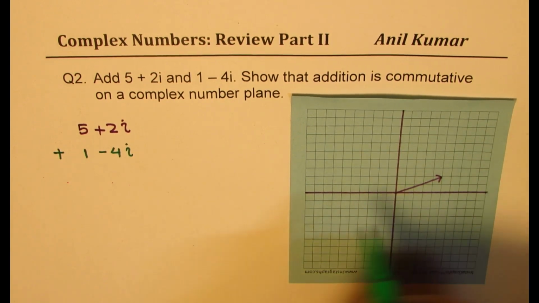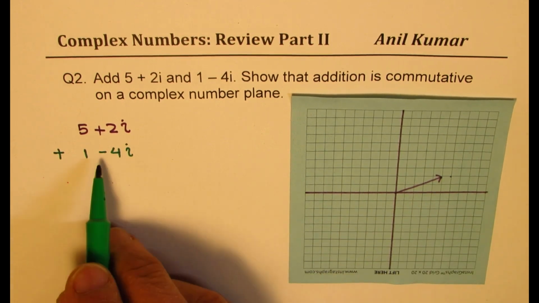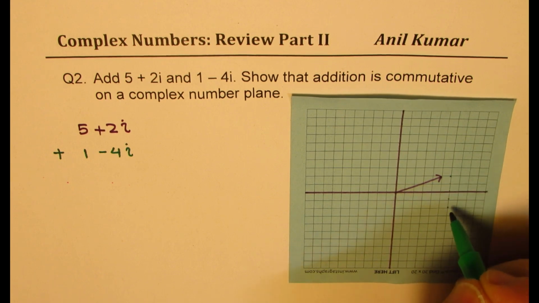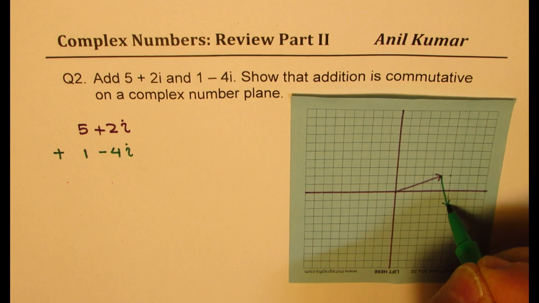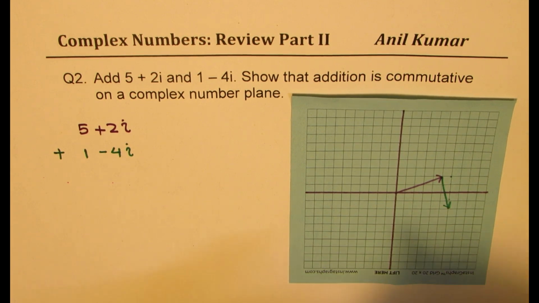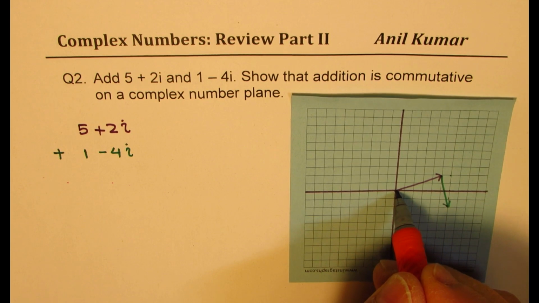minus 4i. So 1 is the real part, so move 1 unit towards the right, and minus 4 is the imaginary part, so go 4 down. So you get 1, 2, 3, 4. So you basically reach this particular place. So that becomes the sum of these two complex numbers. And this sum can be represented by the vector